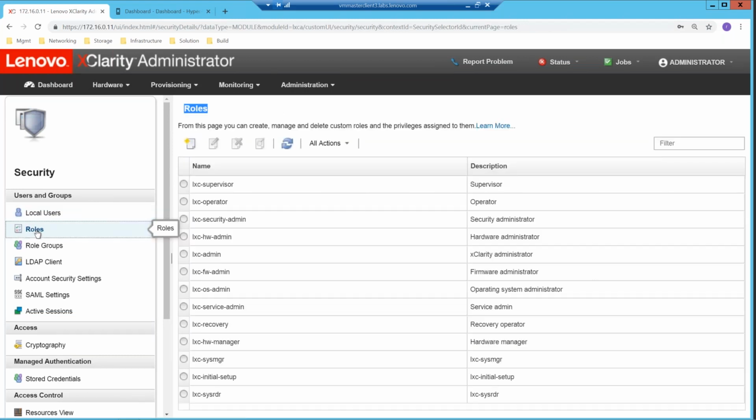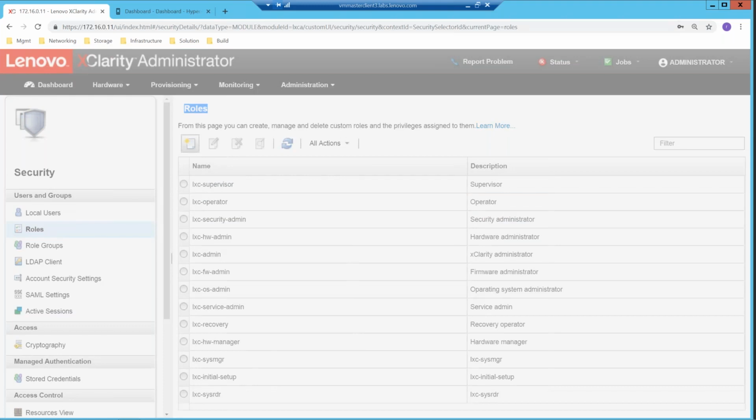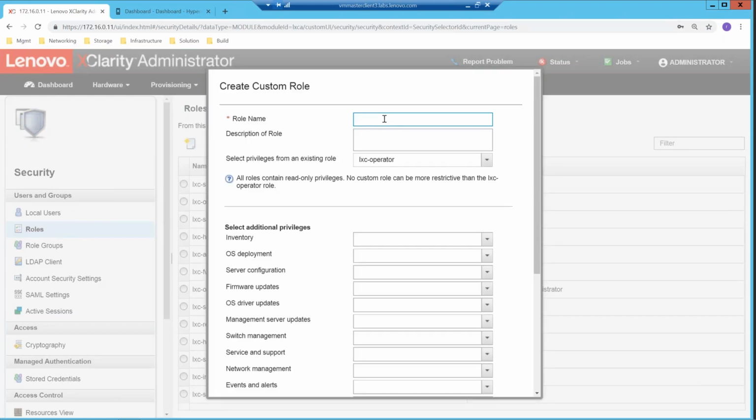If I select on the roles, you'll see a list of the current roles, and these are all predefined. These are the ones we've always had in the past, with predefinitions of exactly what a hardware administrator versus an operator would do, different features and functions that would be available to those types of users. If I want to create a custom role now, I'm going to simply click on the Create button, and I'm going to give it a name. Let's call this one a server-only